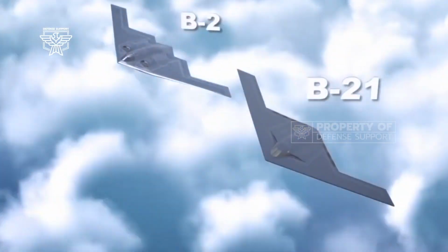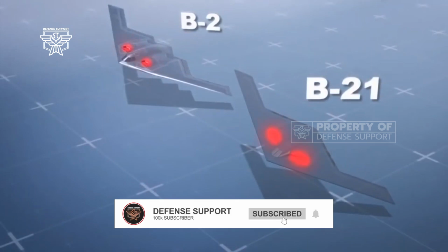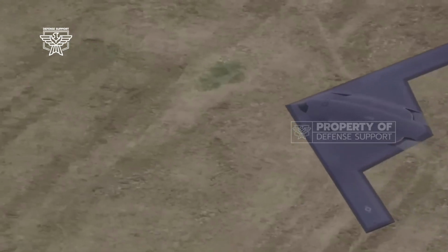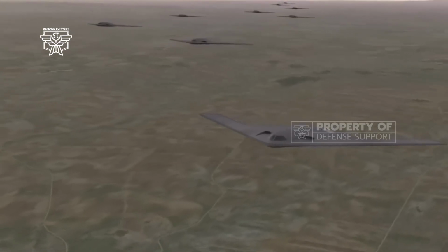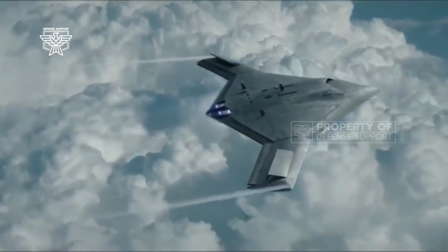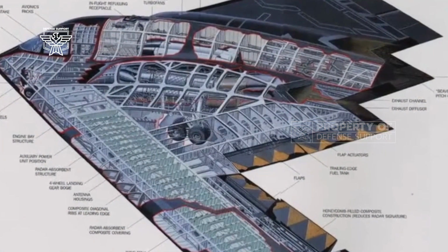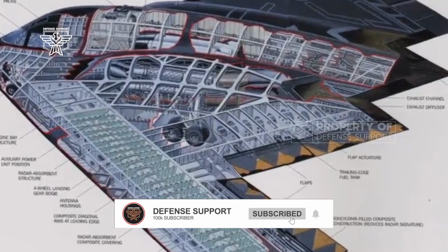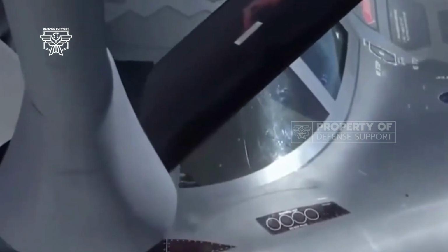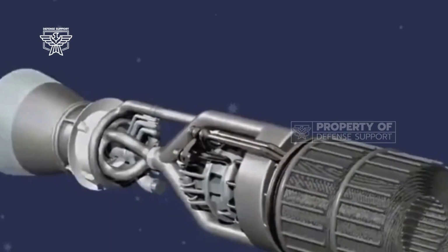The H-20 does, however, have a flattened or blended wing body structure, which looks a little more horizontal than a B-2 Spirit. This may at least in part be because the engine inlets are built into the front of the wing body structure itself, and not on top of the fuselage as they are in a B-2. Does this make it a bit stealthier? That is unclear. The B-2 and the B-21, according to pictures, have very rounded or blended engine inlets, making for a very stealthy surface. The H-20's anticipated performance success or ability to rival the B-21 Raider remains unknown, and likely